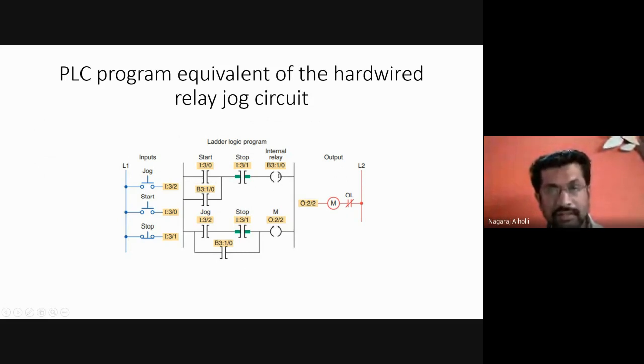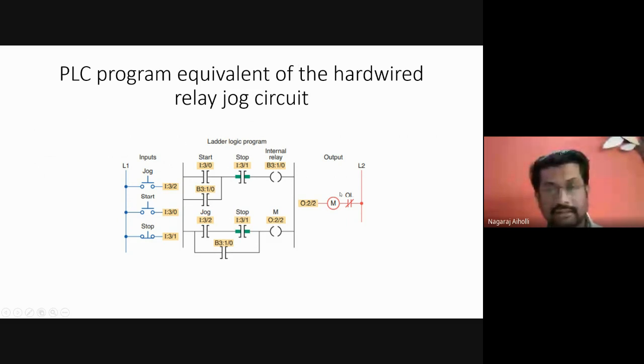Okay, relay coil. This is the seal-in contact. It will try to seal in the current, or maintain the current. Whatever current is flowing now, even if the start button is released, it will try to maintain it here. Then next is the jog switch. When you press the jog switch, this is examine if closed, the jog circuit will become true, the jog contact will become true, and because of this, the stop button is also activated and the motor will be energized.